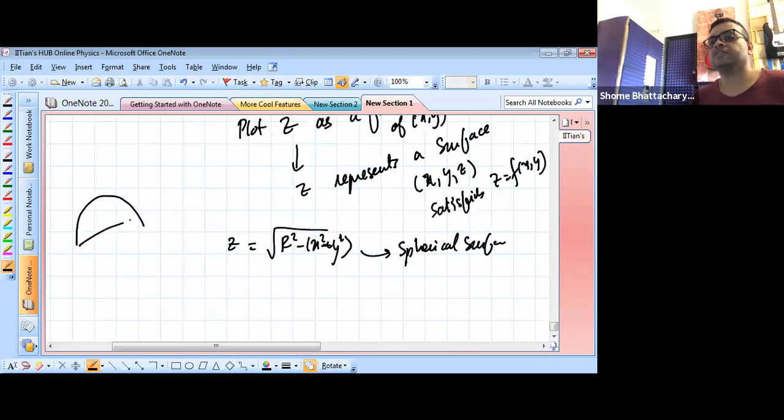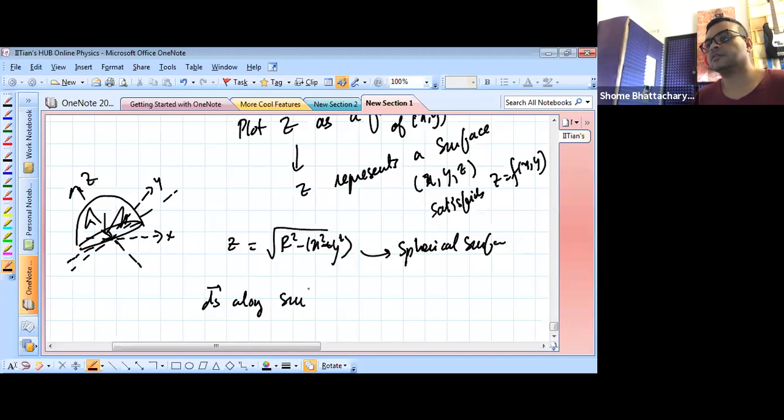If I take only the positive values of z, I'm not taking the minus 2, so it represents this hemisphere. So z represents this hemisphere where this diameter and this diameter are your x and y axis respectively. Okay. So now what is happening is that if we make a small displacement along that surface